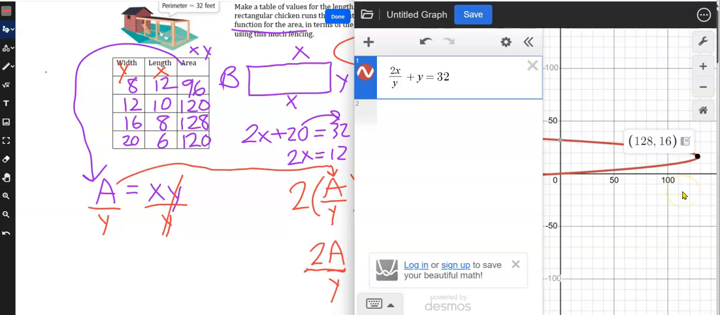What do you mean a high point? Well, it's an extreme value. So 128 was the highest value. I just happened to guess it when I was making my chart because I just randomly chose a width of 16, which gave me a length of 8,